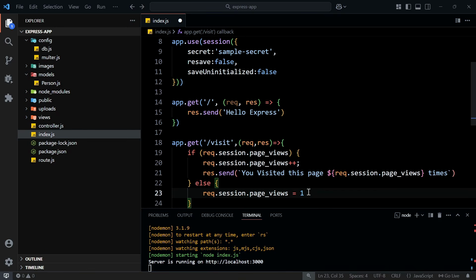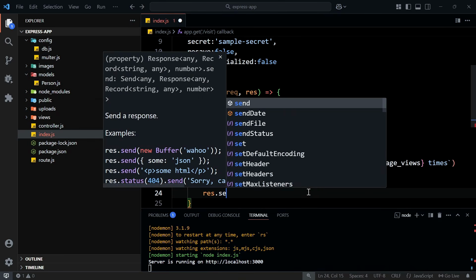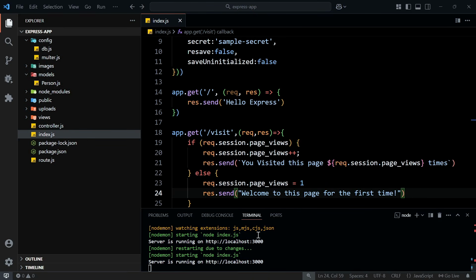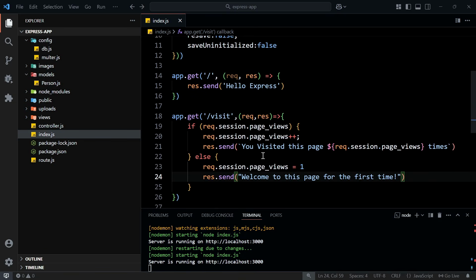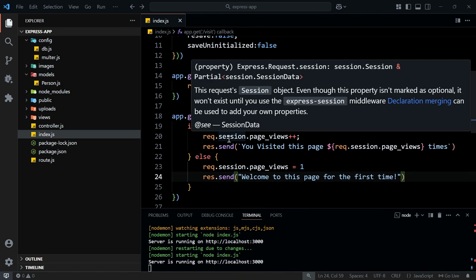After that, we will generate a response using response.send. Here we will add a message, welcome to this page for the first time, and we will save the changes. So we have added the session for this route, and now we have to visit this route using